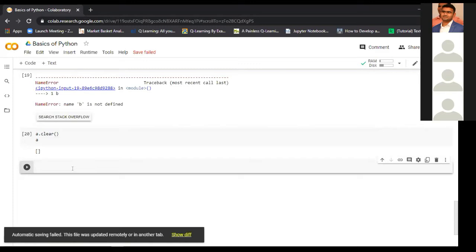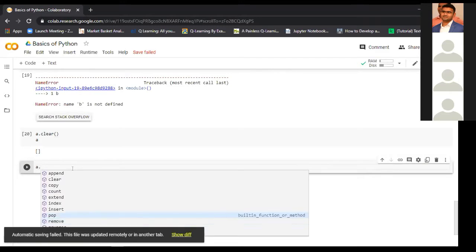So these are a few methods. Let's take a few more methods. For that we will need to add the elements. So can someone tell me how to add an element in the list? We can use append.